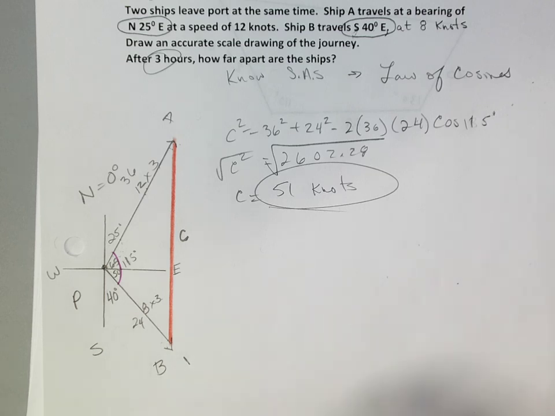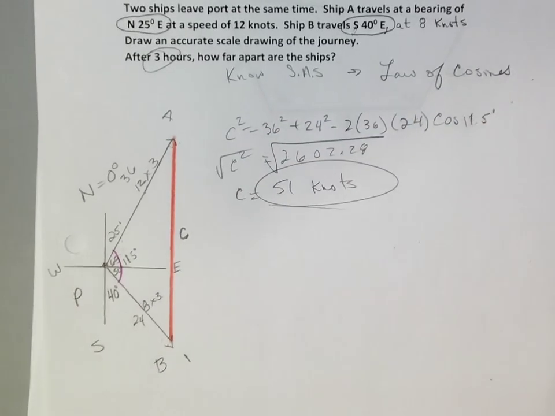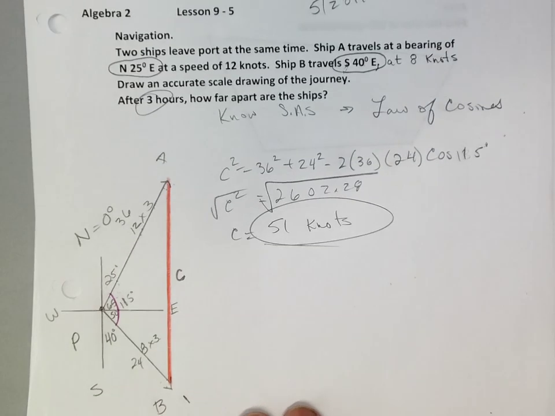Okay. Anyway, so how far apart are the ships? There it is, 51.1 knots. Thumbs up. Not too bad. Can you do that on Friday? No, probably not. We'll practice it. Okay, let's turn the page, okay? Okay, now,